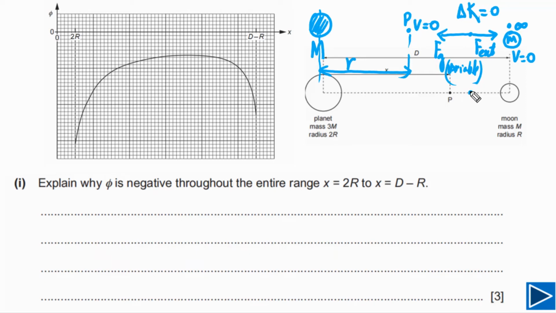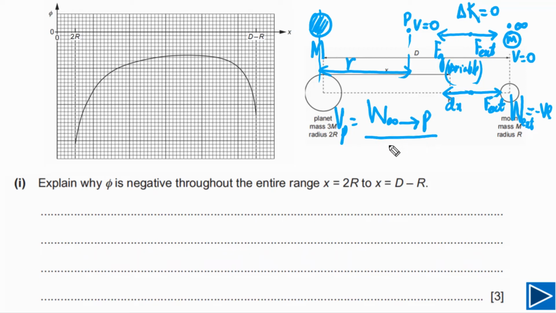Work done by the external agent has to be negative because the displacement is to the left and the external force is acting to the right. So this is the external force. So work done in this case by the external agent is negative. Simply we can define potential at point P by saying potential at point P is equal to work done by the external agent from infinity to point P